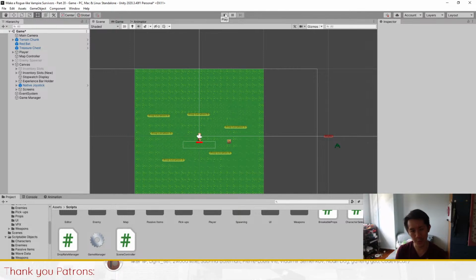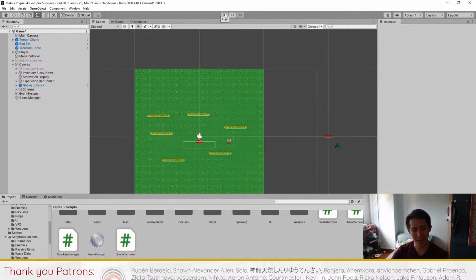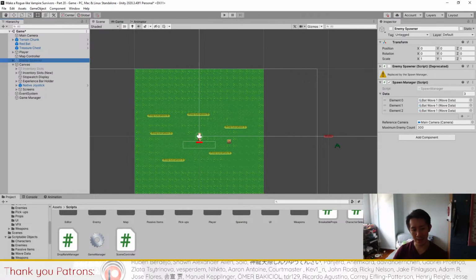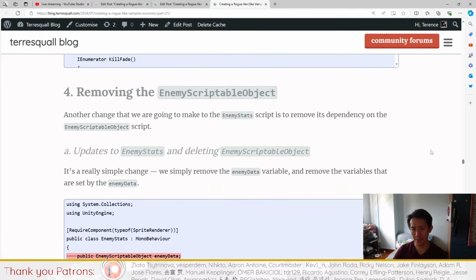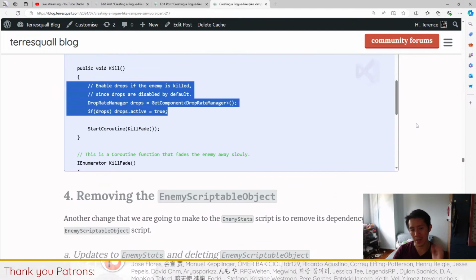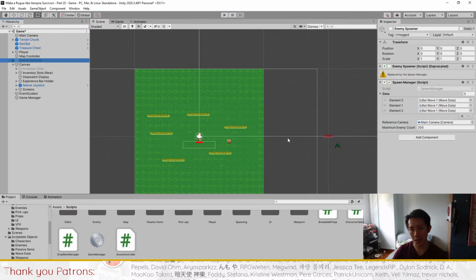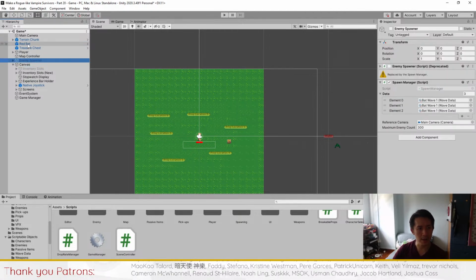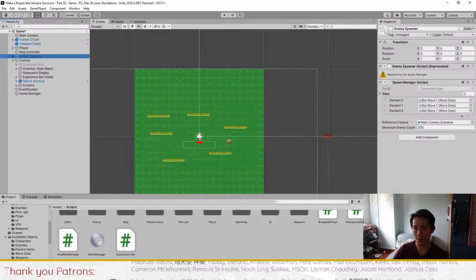That is why we are creating this way for us to disable the drop rate manager at certain times. So with that being said, that's most of the changes that we are going to be making. So then our spawn manager, by now, by making all of these changes, you will find that your spawn manager should already be working. So if I were to reactivate the spawn manager, and let me